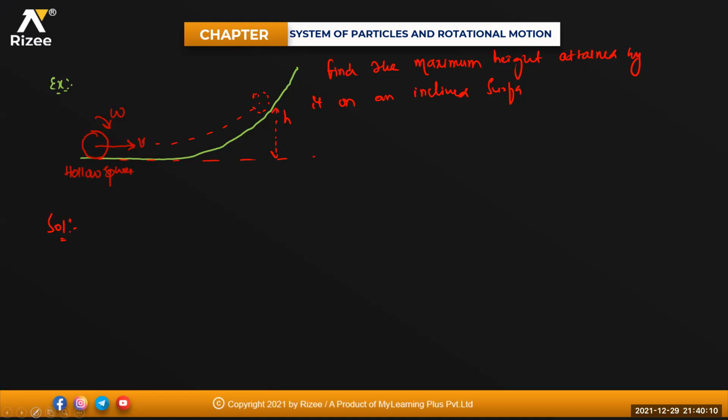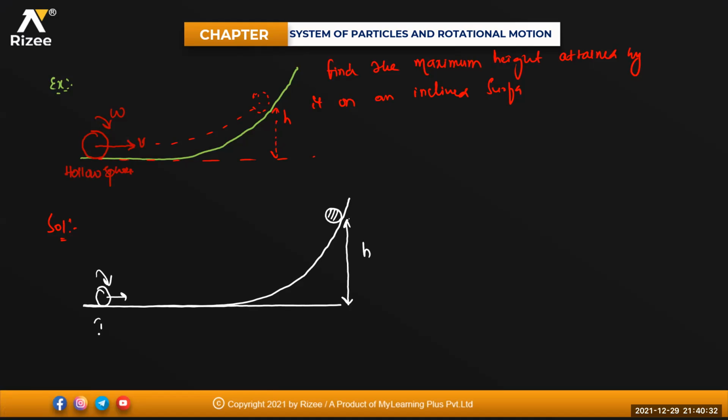Again, you can apply the law of conservation of energy. This is your ground, beta, isn't it? And this is your inclined plane like this. So from here the hollow sphere is rolling, and it might go to this much height. That means the height raised by this is, say for example, h. This is point 1 and this is point 2. Here also it is v. Finally its velocity becomes zero, and omega also stops for a fraction of a second. Then from there it will try to fall down.